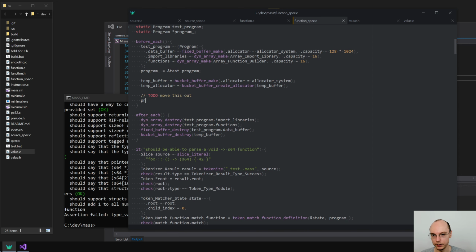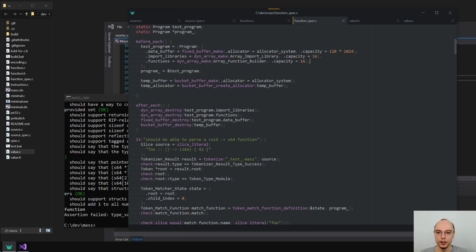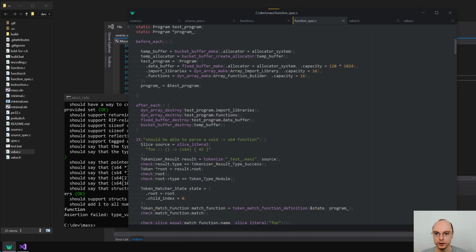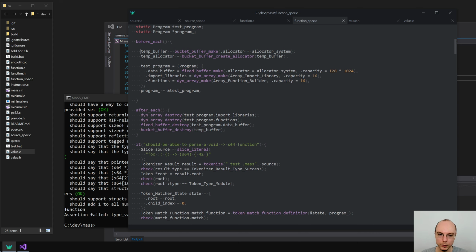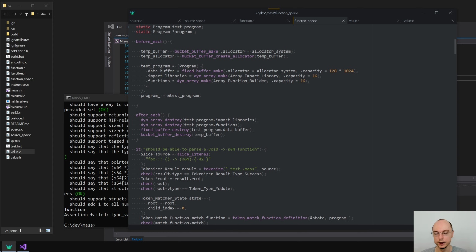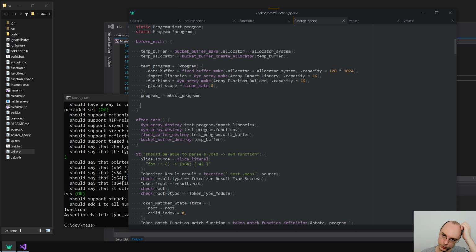So let's do the right thing. I can do it. Let's actually move this allocator before here and say like this. And now we can say global scope is a scope make of 0, right? And we need to put some things in the global scope. So